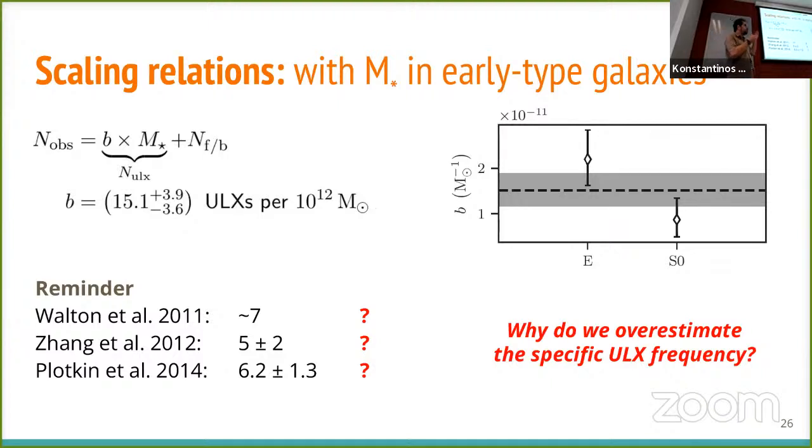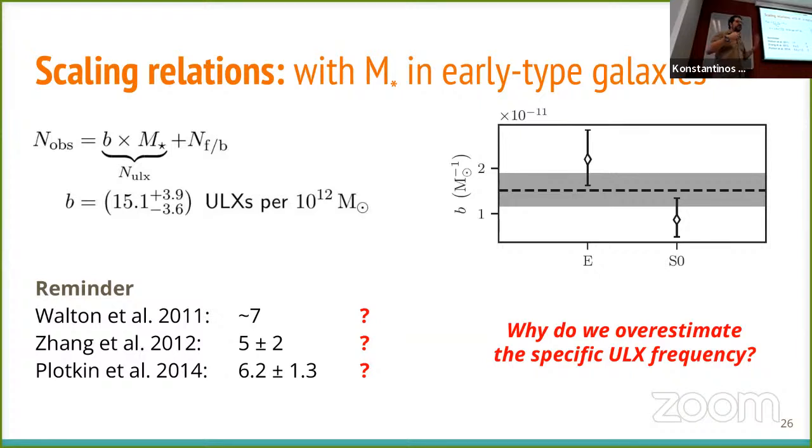And another thing was the scaling of ULXs with stellar mass. In that case, we did a study as we did with the star formation rate. We took early type galaxies. We also took two morphological types, elliptical and lenticulars. And we found 15 ULXs per 10^12 solar masses, which is around 2 to 3 times higher than previous estimates, which all the studies agree